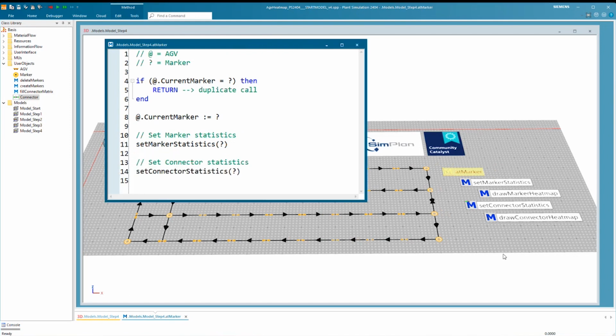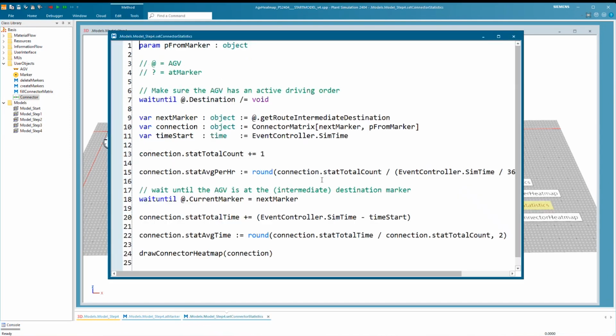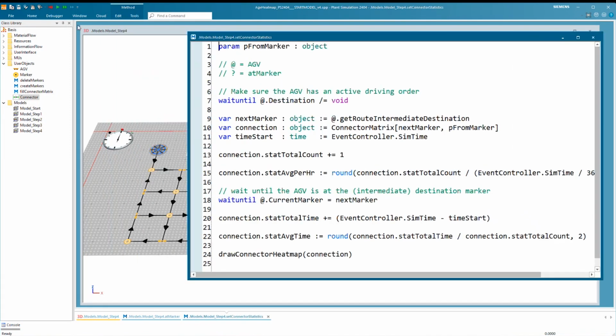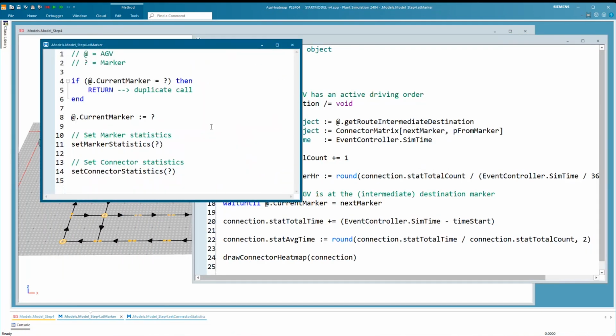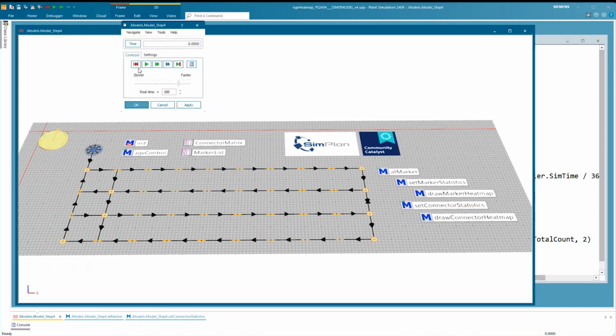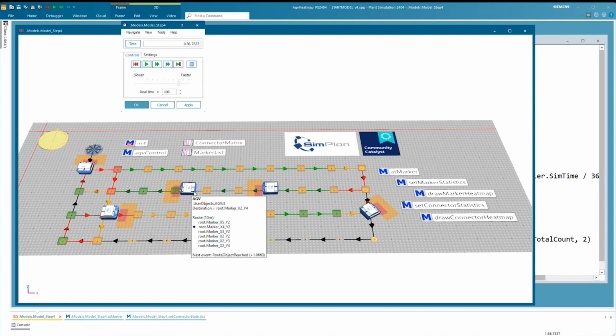Here I have the question: is there another way? Because when the AGV is driving and we hover with our mouse over the AGV, we can see the route and we can see where it's currently at. So you can see the black arrow at the left, right? So the program already does know where it is. However, I didn't find any place where I can grab that information.